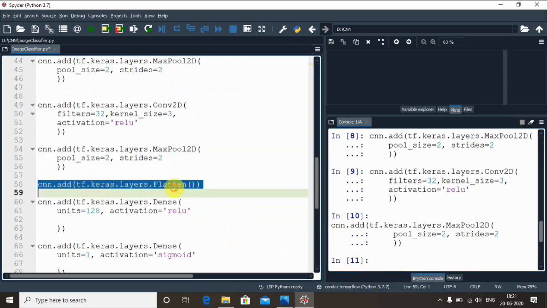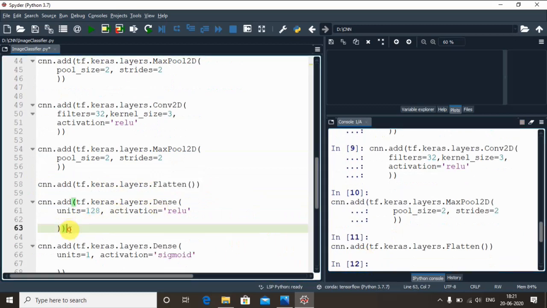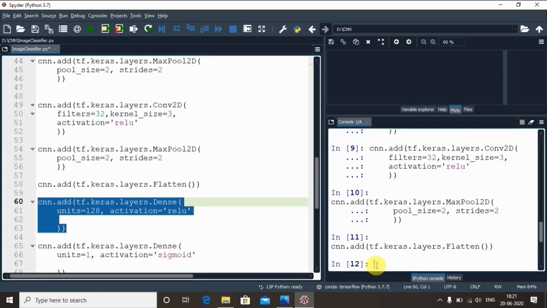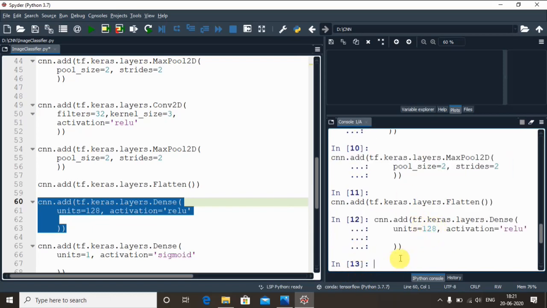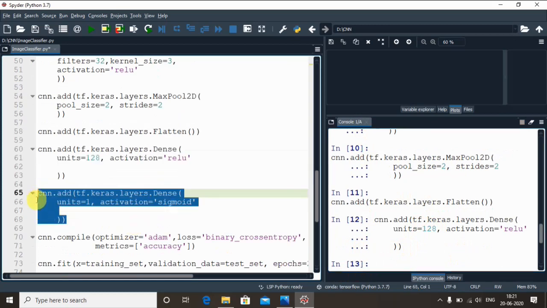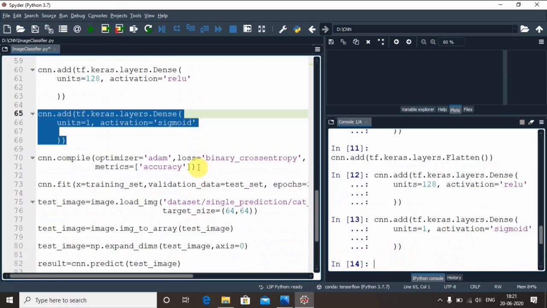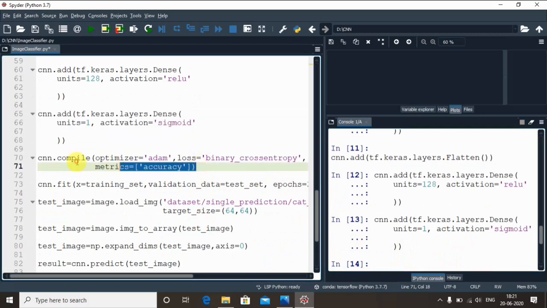Now it's time to flatten the layer. So we'll convert all our convolution and pooling layers into a single dimensional vector, which will be the input for the fully connected layer. Right, now we would like to have a dense layer with hidden neurons, as we have selected 128 hidden neurons with the activation function of ReLU. After that, the final layer should be the output layer, which is a dense layer, and the activation function given for the output layer was sigmoid, since we are dealing with binary classification. In case you deal with a multi-class classification problem, you can make use of the softmax activation function as well, right? Now we are done with the CNN model.